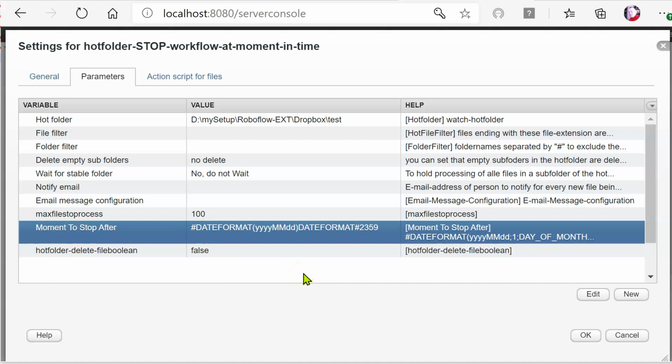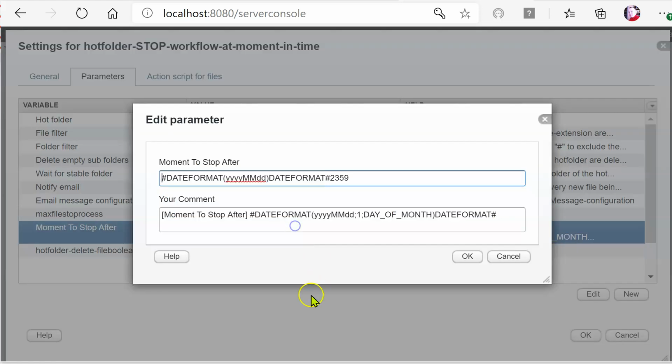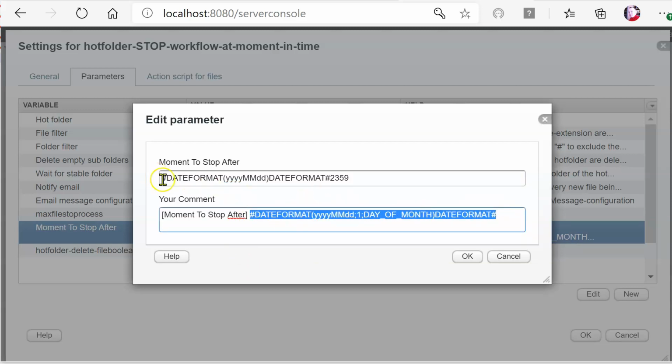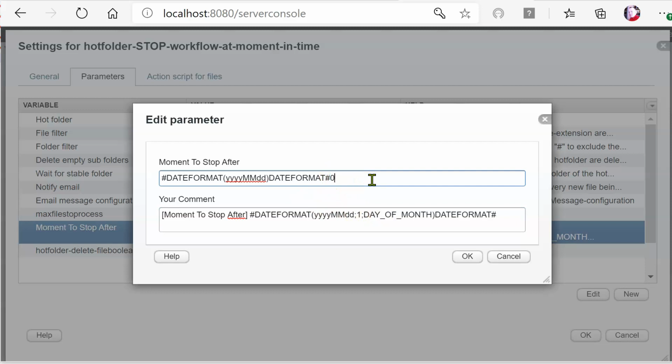If you have, for instance, now this is before midnight, but if, for instance, you're saying, okay, this workflow starts at 7 p.m. at night, and this is an evening workflow, and I want it to stop at 7 a.m., then you have to specify this instead of this, because then your time frame will be then